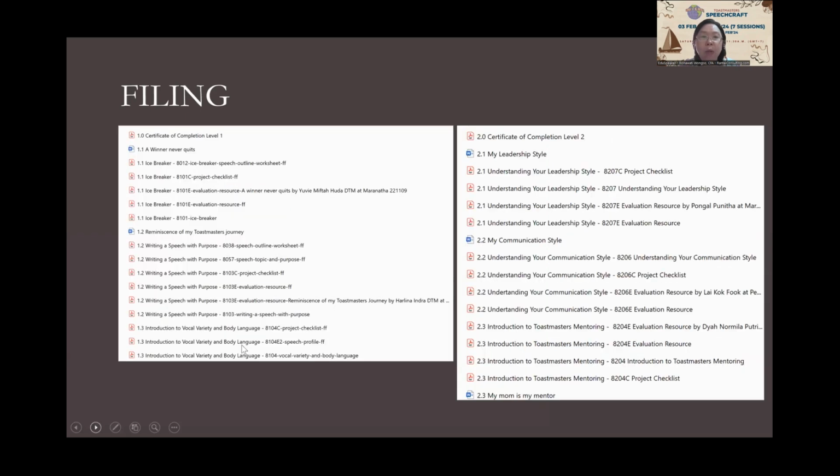For example, in level 1, I put Icebreaker. All that I can download, and then I also file the evaluation that I received from my evaluator. I also put the prepared speech script that I prepared. So it's easy for me to look for my past